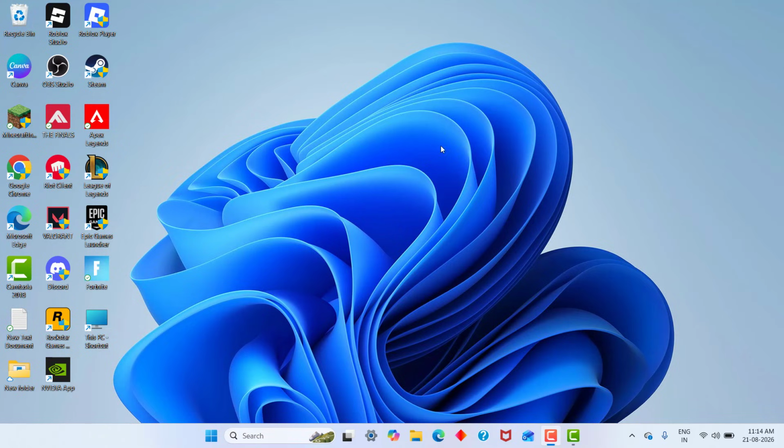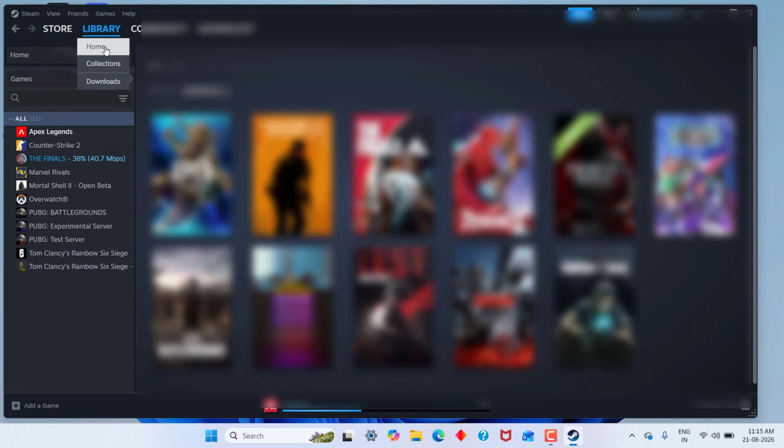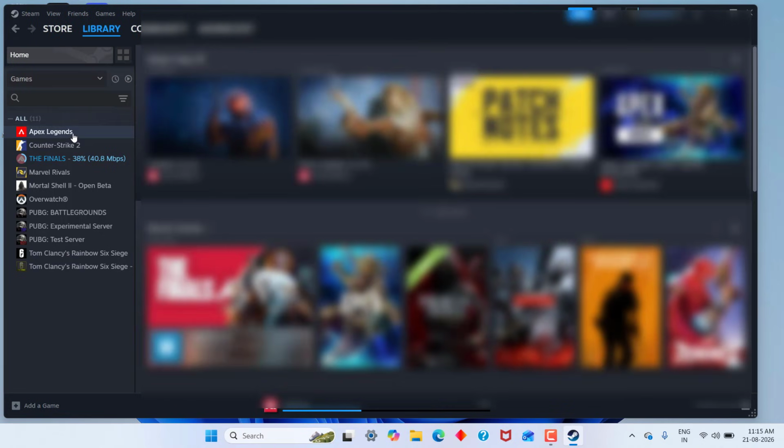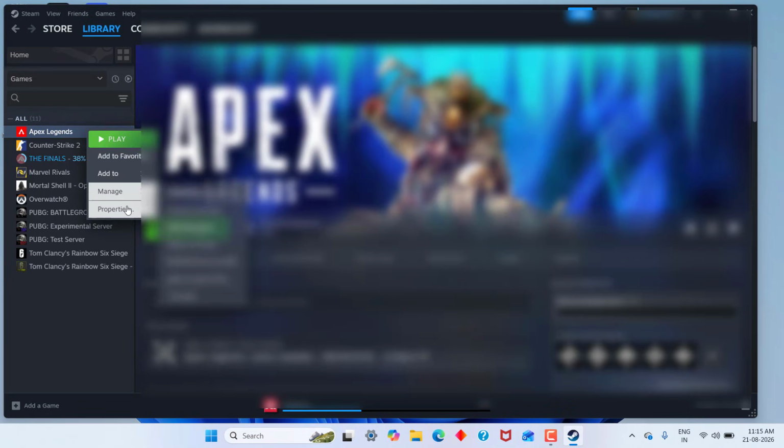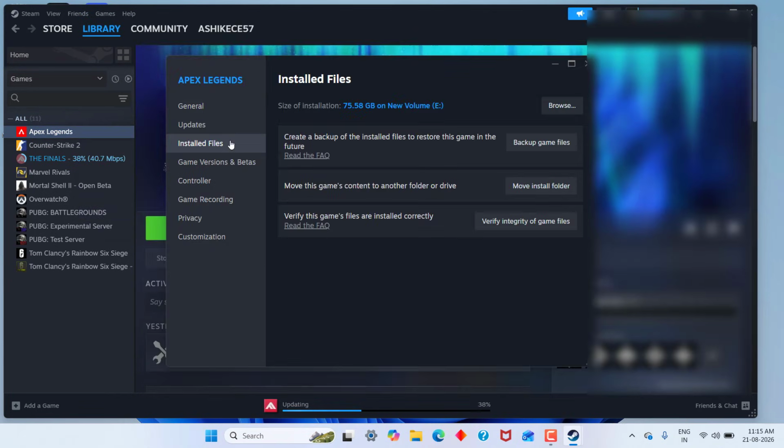How to fix Apex Legends integrity error 0x8000002. First step, open Steam, click the Library option, right click the game, click Properties, and click Installed Files